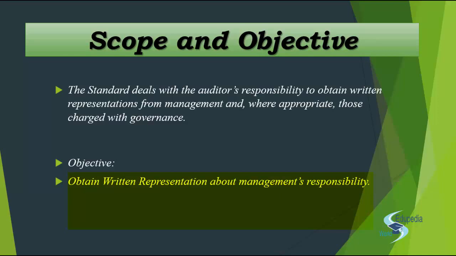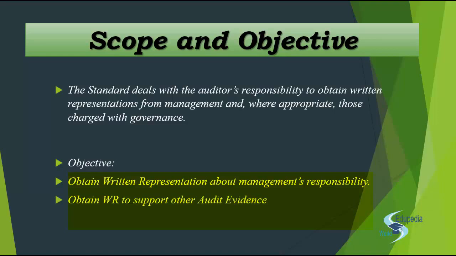But unless and until you have documented a written representation, what is it that you're going to write in your report? How do you support your report when you write the paragraph on management's responsibility? So to support that paragraph in your audit report, you will have to have a written representation from the management whereby the management declares the entire responsibility that the management undertakes. Clear? You understand the point? Why we need it? What is the reference?